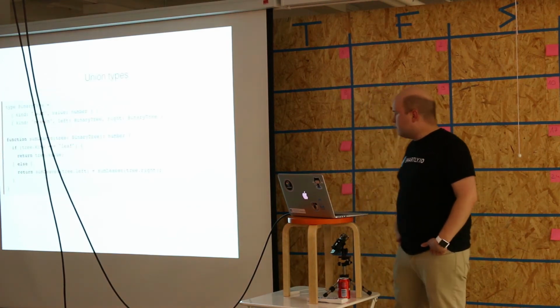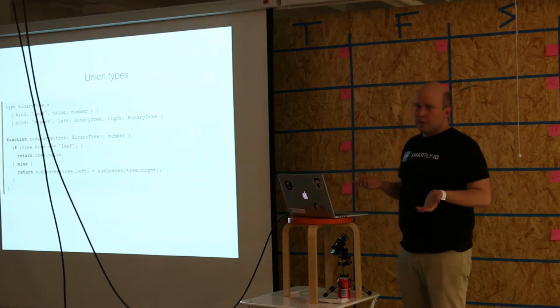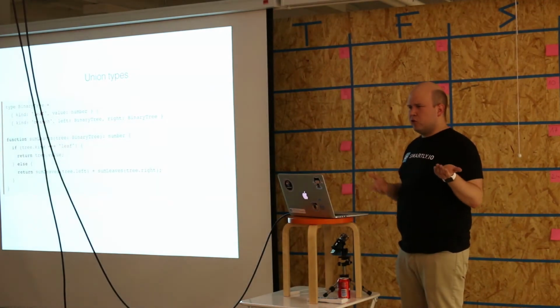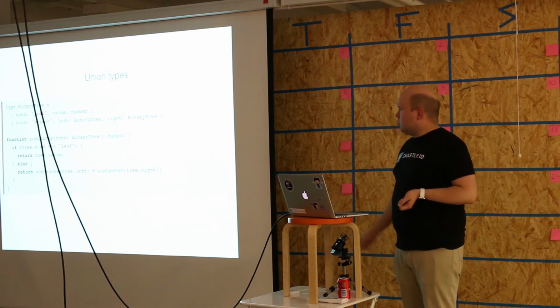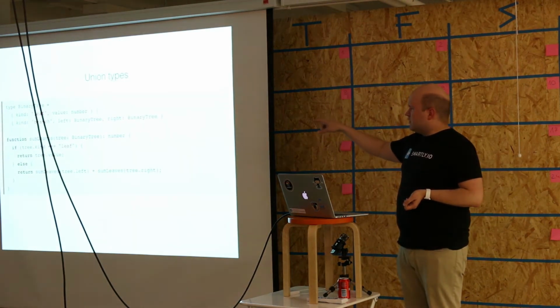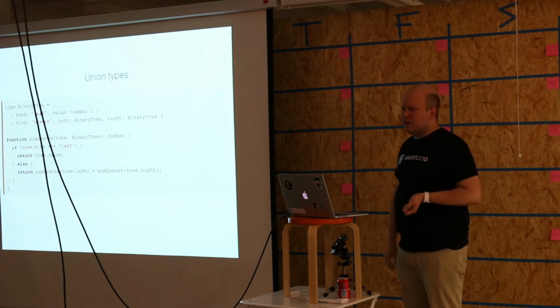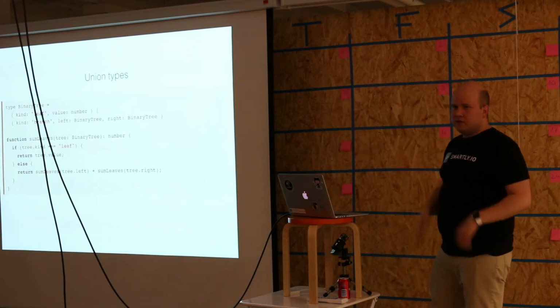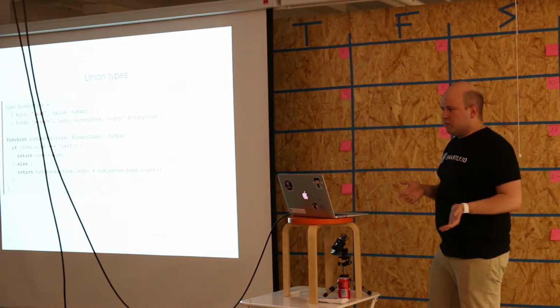Here's something from the type definitions. One of the challenges with JavaScript is that often you have a function that returns either this or this. So Flow has a pretty clever way of specifying that it has to look like this. If it's an object that has kind leaf, then it's supposed to have a value that is a number. Otherwise, if it's returning an object where kind is branch, then it's supposed to have these other types. So you can pretty interestingly combine the types, and this way support the various scenarios where maybe you have